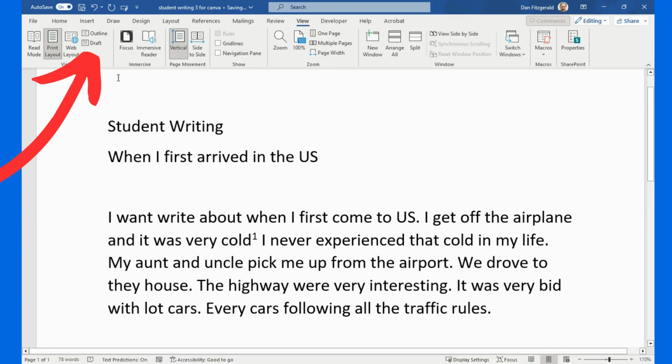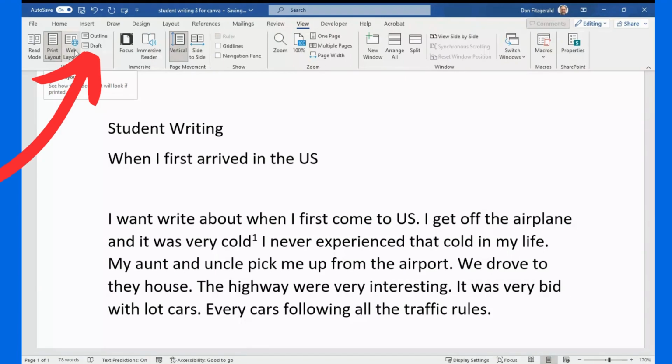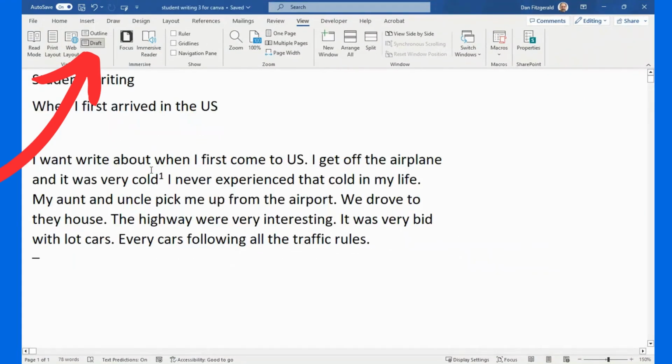And what I can do is if I go across here to the toolbar and go to View, the View button, and if now I'm on Print Layout, but what I really want is Draft Layout. Okay, when I'm on Draft Layout, when I put footnotes in, it gives me a box at the bottom so I can see both the text and my footnotes at the same time. For example, here,